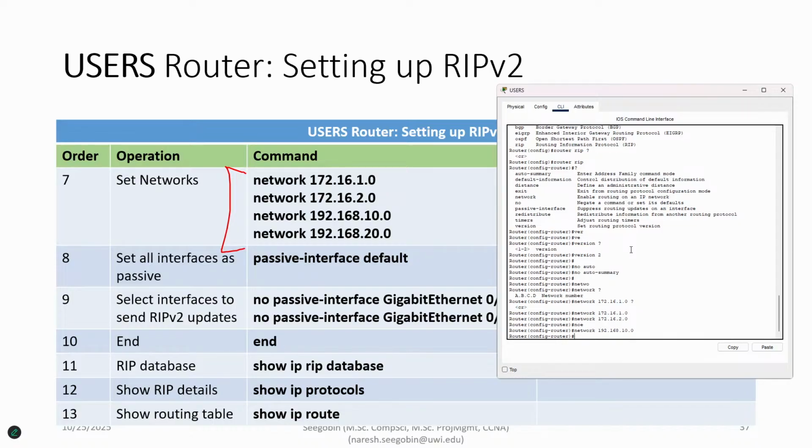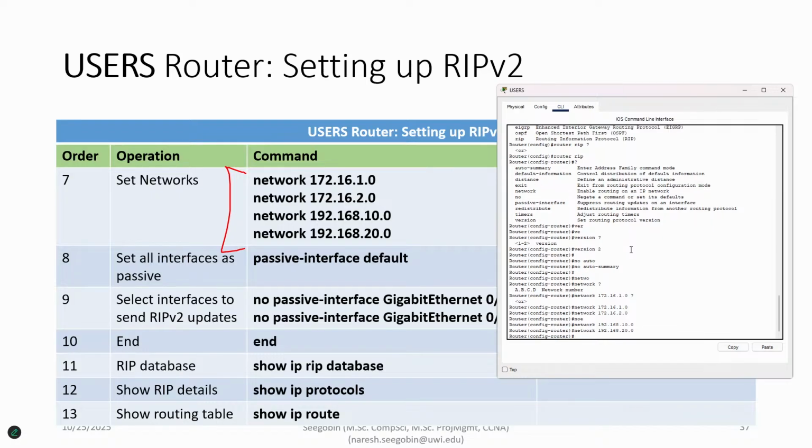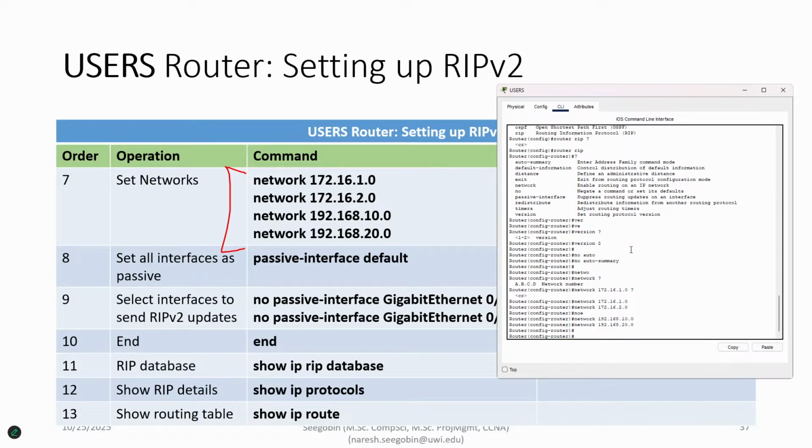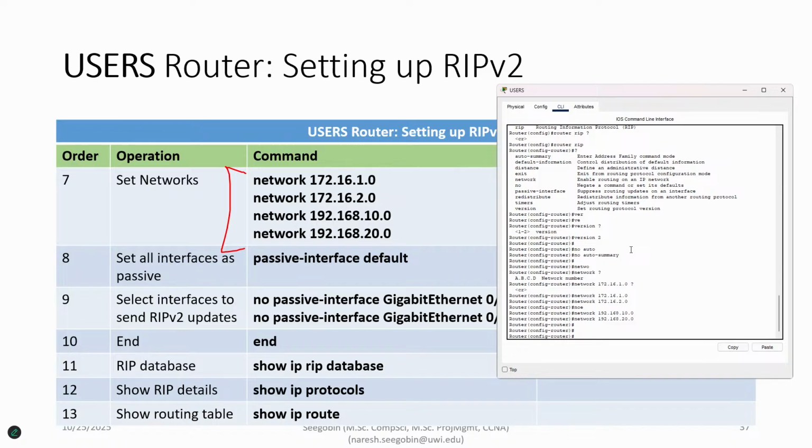10.10.0.0 and 20.20.0.0. Right? You notice all these are already directly connected, and that's what we're doing. Next step is passive